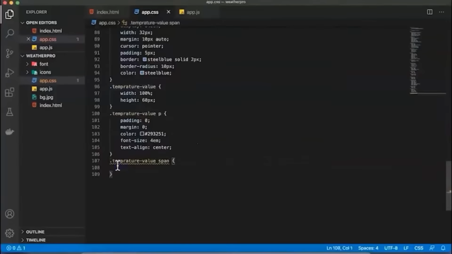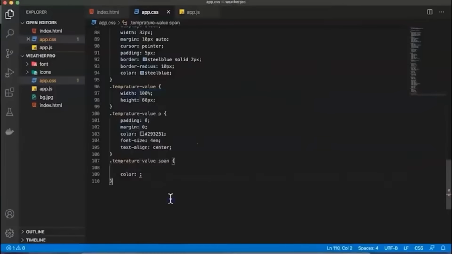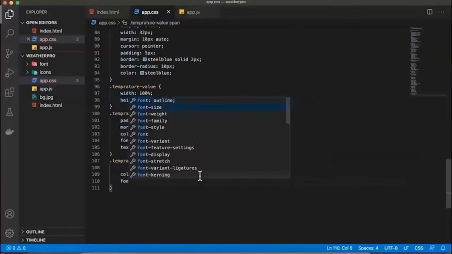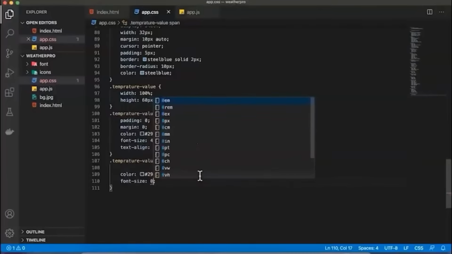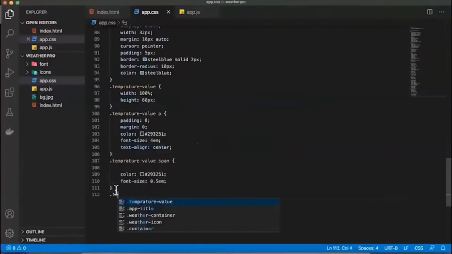Now within this span, say color, once again same, and font size. This is for span, and in the same temperature description paragraph you can use dot temperature hyphen description